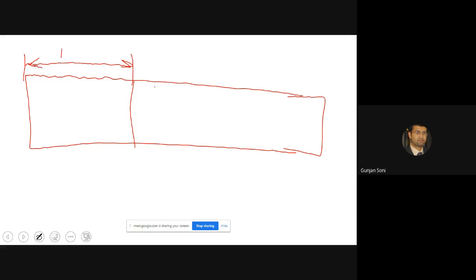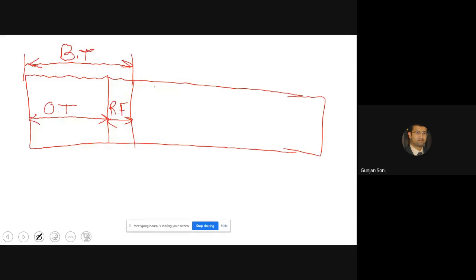So let's say this is your basic time. And this basic time has one component as rating factor, and this is your observed time. So basic time is made up of observed time and the rating factor.